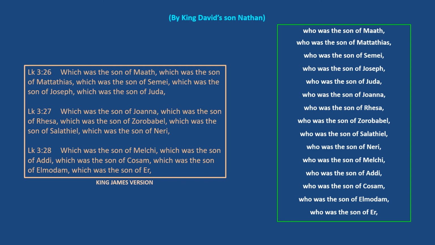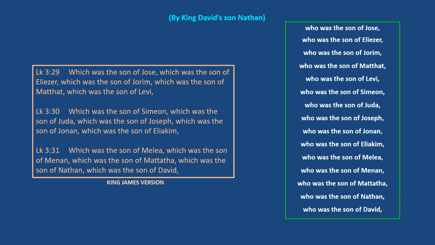was the son of Judah, who was the son of Joanna, who was the son of Risa, who was the son of Zorobabel, who was the son of Salathiel, who was the son of Neri, who was the son of Melchi, who was the son of Addi, who was the son of Cosam, who was the son of Elmodam, who was the son of Er, who was the son of Hosea, who was the son of Eleazar, who was the son of Joram, who was the son of Mathat, who was the son of Levi, who was the son of Simeon, who was the son of Judah, who was the son of Joseph, who was the son of Jonan, who was the son of Eliakim, who was the son of Maliah, who was the son of Menon, who was the